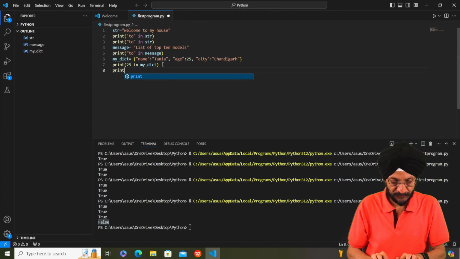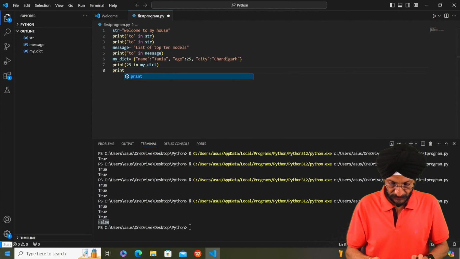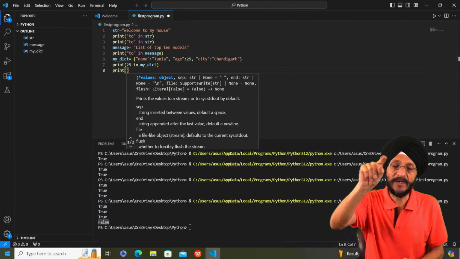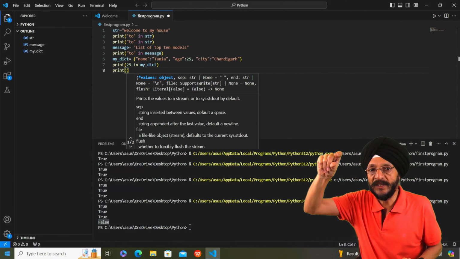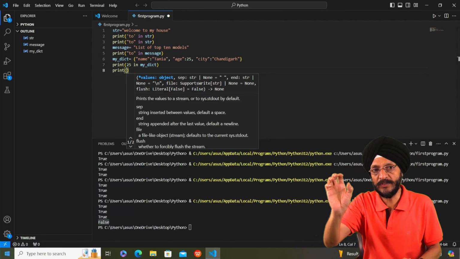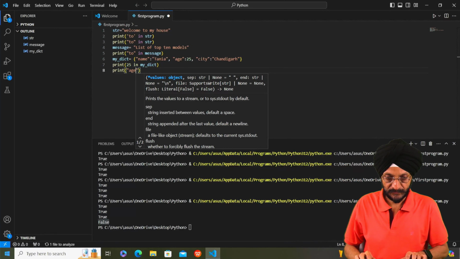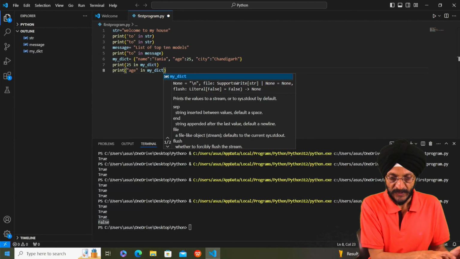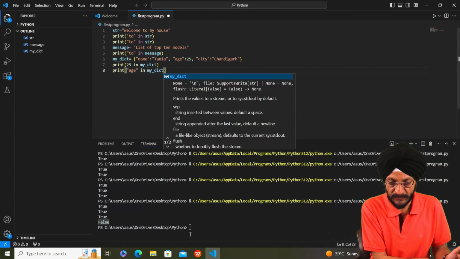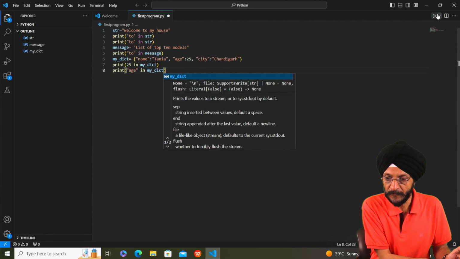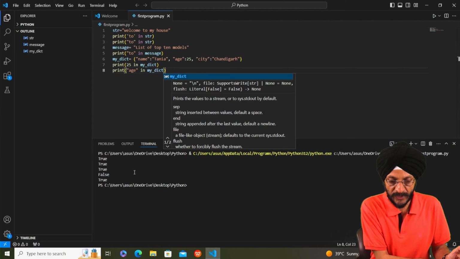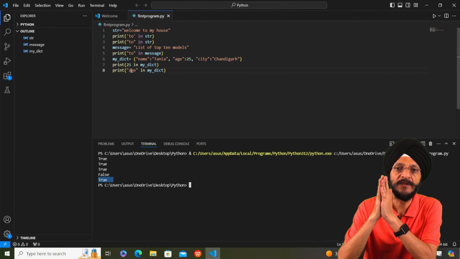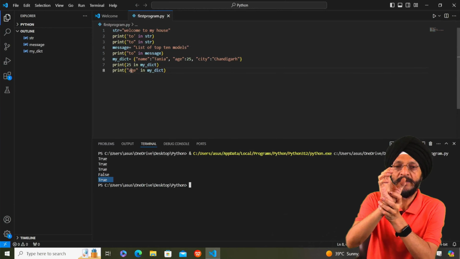Now we will use the print function, and here we will be using not 25 but rather age, in which 25 is contained as the value. Print age in my dictionary. So what will be the result? Here you will find that the result is true,